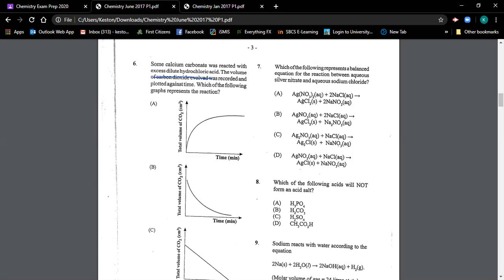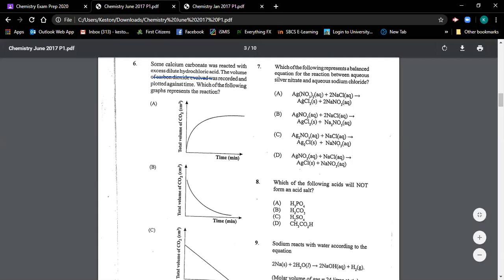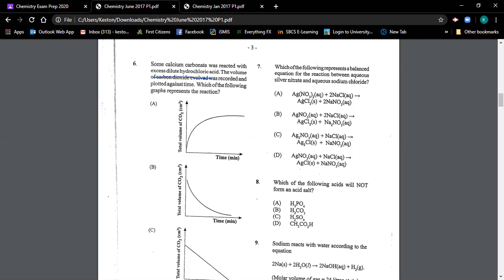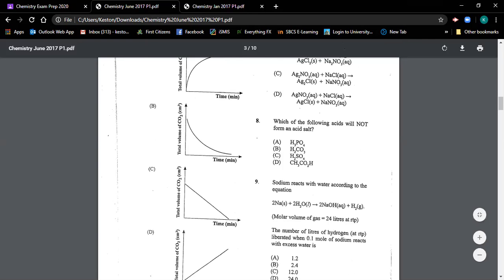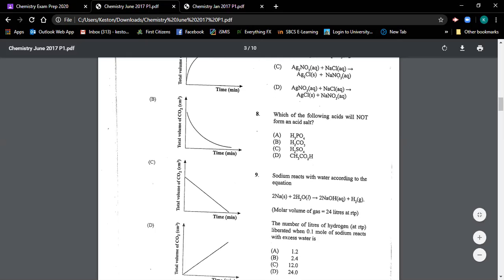You know, when you buy a soft drink and open it a couple of times, eventually you're not going to get any more gas coming out because all of the gas should be gone, right? So we'll be looking at something more along the lines of, let me just scroll along a bit. C for this one. No, sorry. D for this one,